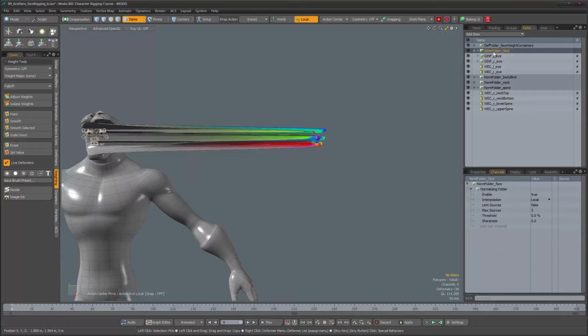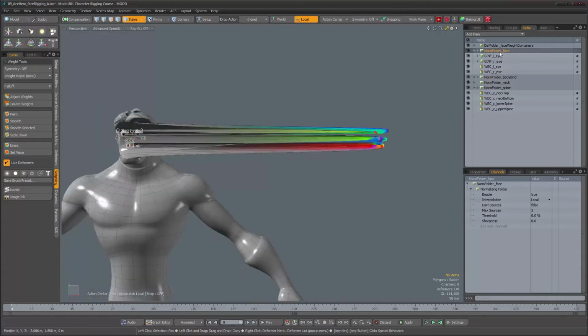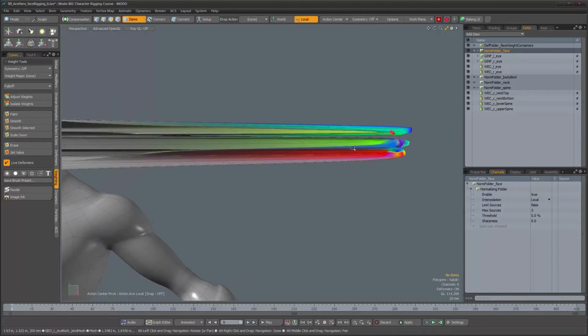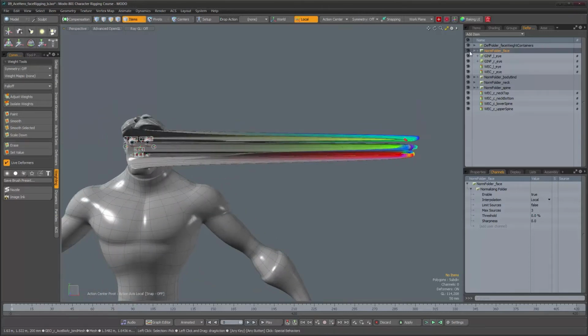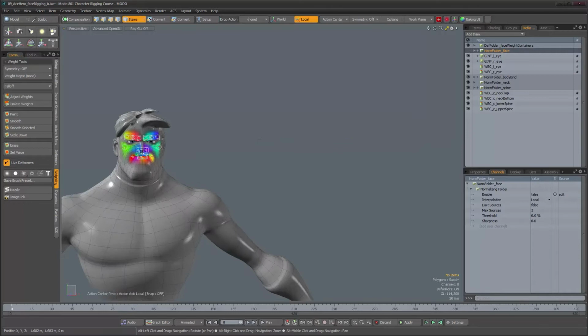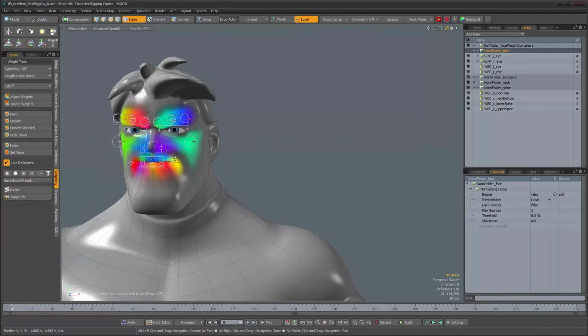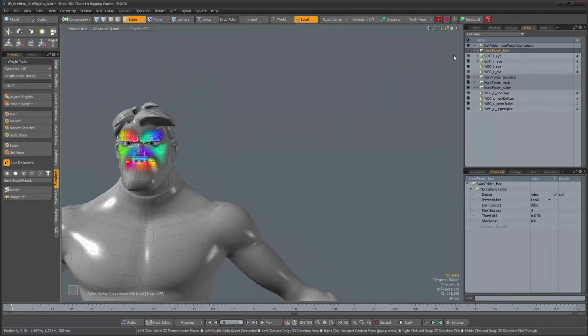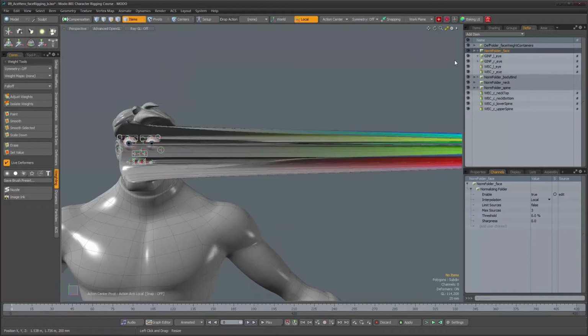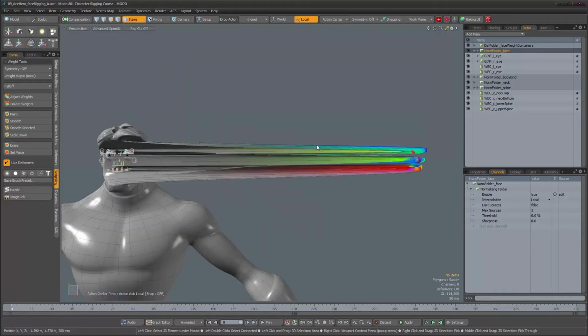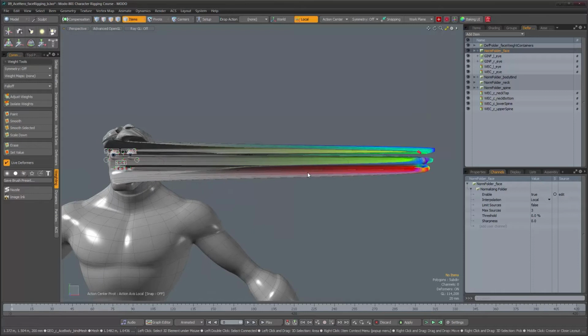Now we have this face normalizing folder, which is normalizing all the areas that we're affecting on the face of the character. If I disable it, you will notice that the face of the character goes back to normal. So that's why we have this double transform. So what we need to do now is